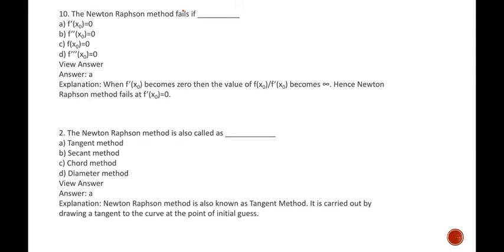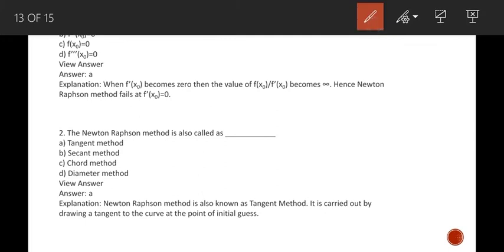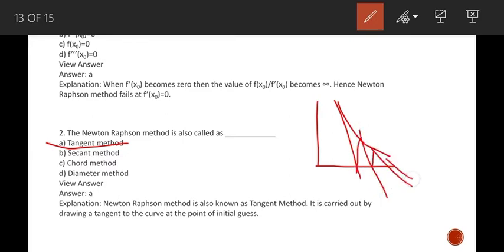The Newton-Raphson method fails when f dash of x becomes 0. The Newton-Raphson method is also called, we have to remember this, the tangent method, right? Because we have seen that tangent formula. We had this curve and we had drawn this tangent. We keep on drawing tangents until we reach this root where the curve meets the axis. So this method is called the tangent method. Okay,